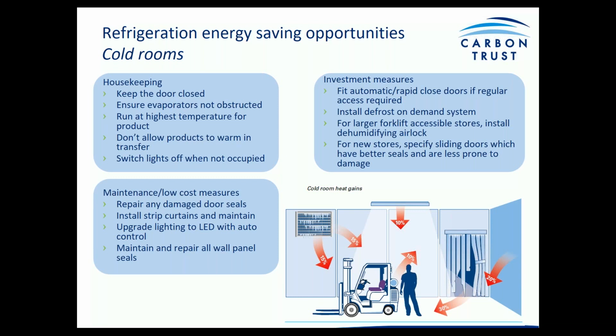Upgrade lighting to LED. Again, LED performs very well in a cold environment, so it's a good efficiency measure to implement, particularly if your cold room is occupied for long periods. And maintain and repair wall panel seals and make sure that they are as well insulated as can possibly be. For investment measures,